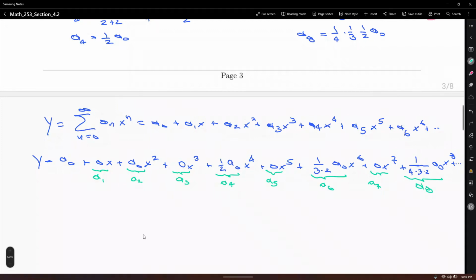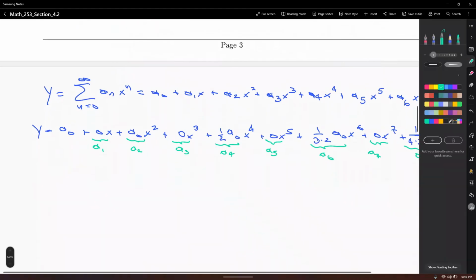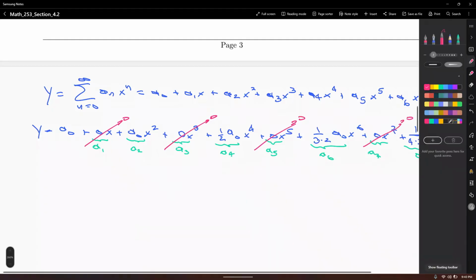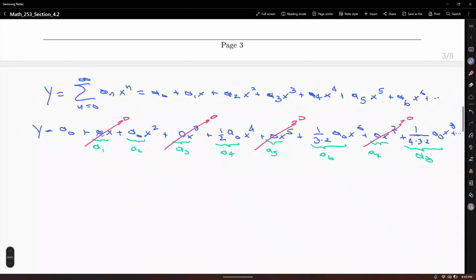All right. Well, you might want to eliminate the zeros. Let me just call this, it's going to go 0, 0, 0, 0. So after this cancellation, notice how we have a common factor of a sub 0. So y equals a sub 0 times, what do we get? 1 plus x squared plus x to the fourth over,